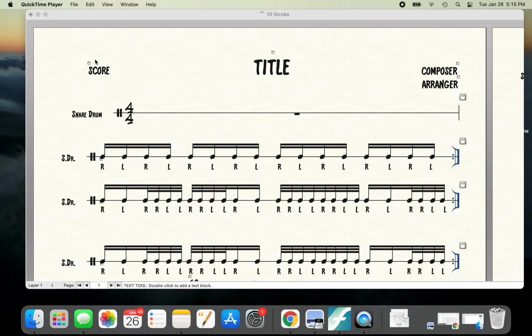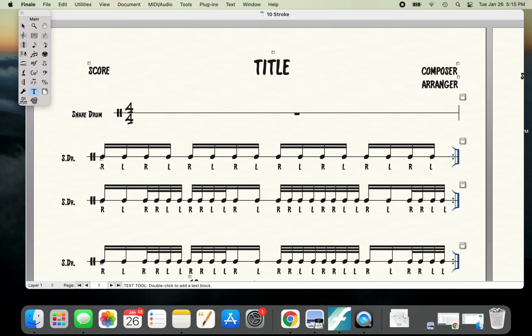I thought I'd do a little video since I learned something pretty cool and I wanted to share it. So I've been writing in these stickings using the text tool. And as you might know, it's not that exact. And it's almost impossible to get every single note unless, like, I would make one long texting window right